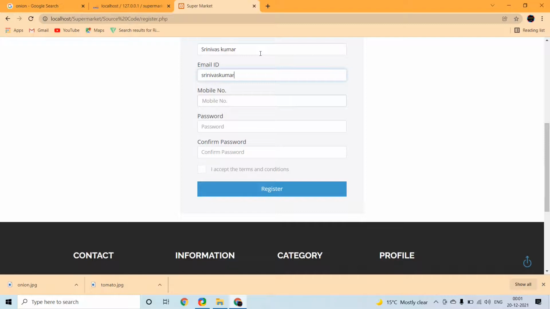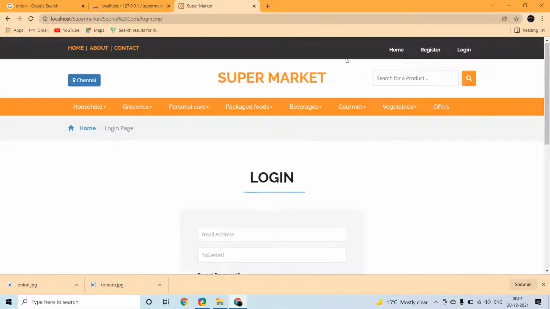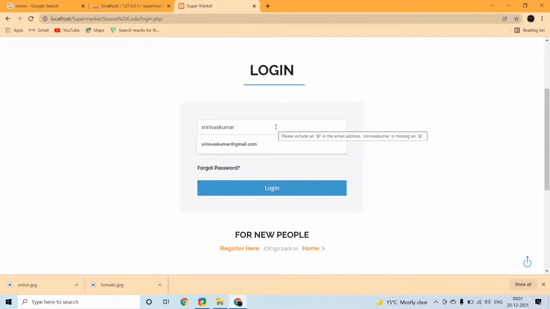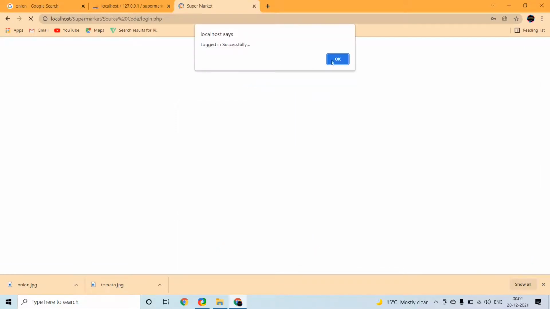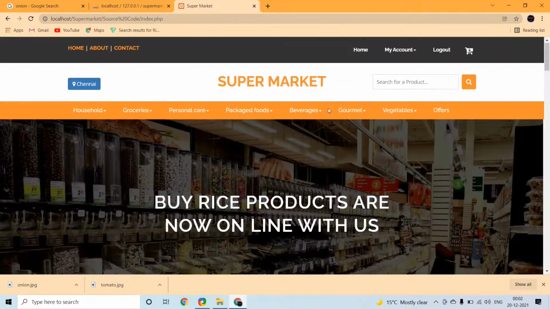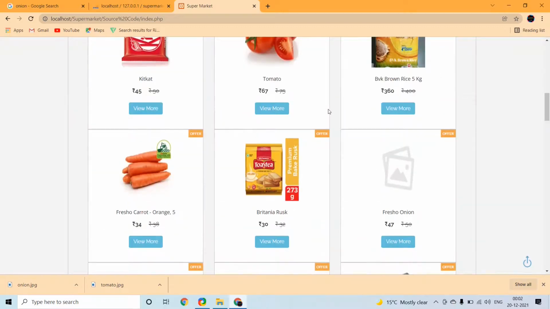Srinivas Kumar at gmail.com, and his mobile number. Password, confirm password, and I'm logging in with Srinivas Kumar at gmail.com and password. Now we can see the main page.